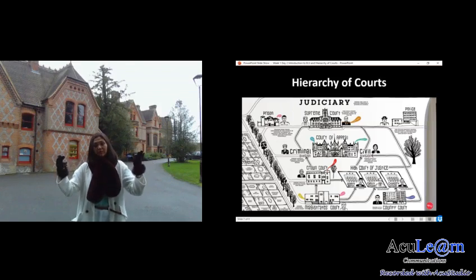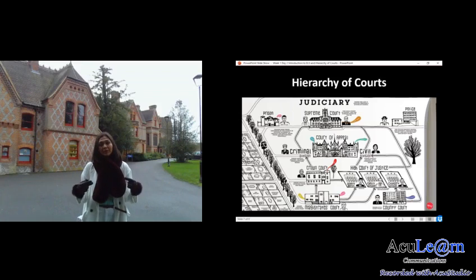subsequently Court of Appeal. But in the UK or in the common law system, you only have 2 levels of appeal. If your case starts at magistrates', you can appeal to Crown Court, and the last one will be High Court. If your case starts at the High Court, then you can appeal to Court of Appeal, and lastly to